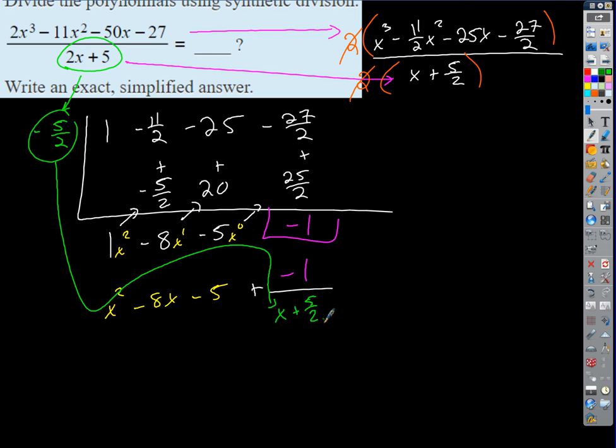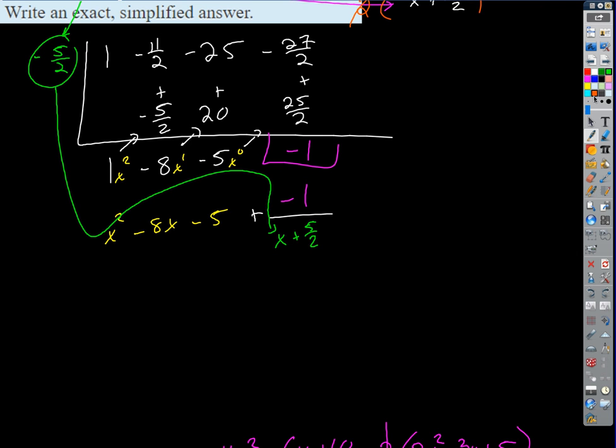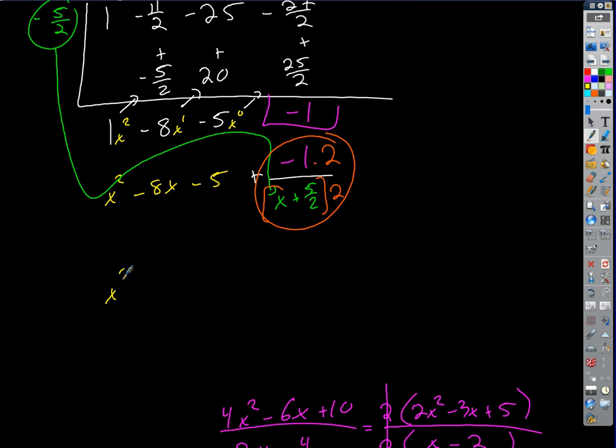But that's not a very good way to write that, is it? We don't want to have a fraction on the bottom. So we're going to clear the fractions there. We're just going to multiply through by 2. We don't want that 5 halves on the bottom, so we'll take this remainder term and multiply both the top and the bottom by 2 to clear the fractions. So we end up with x squared minus 8x minus 5 plus, on the top we get a negative 2, and on the bottom, when I distribute the 2 through, we get